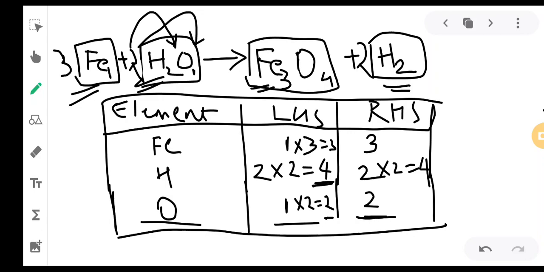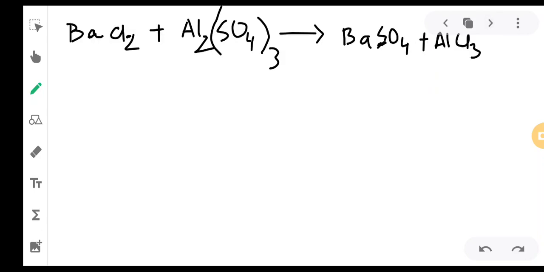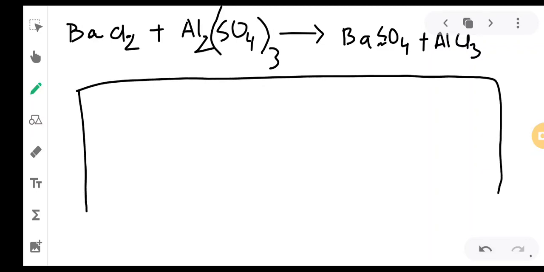Okay, how to balance the chemical equations. I feel this concept will be clear to all of you. So, one more example if you want, I will give you one more example. These are bigger equations, so this needs to be carefully done. You can't just rush, and you can do it.